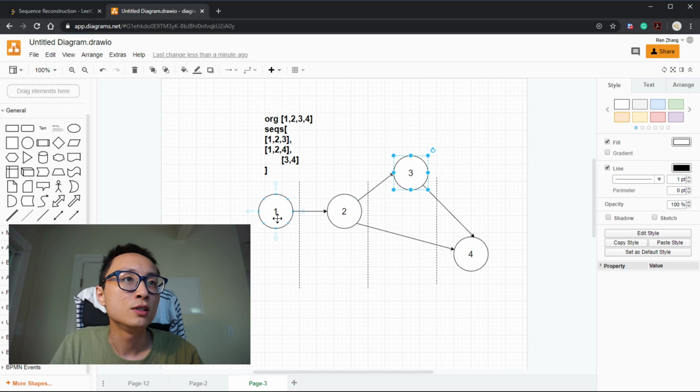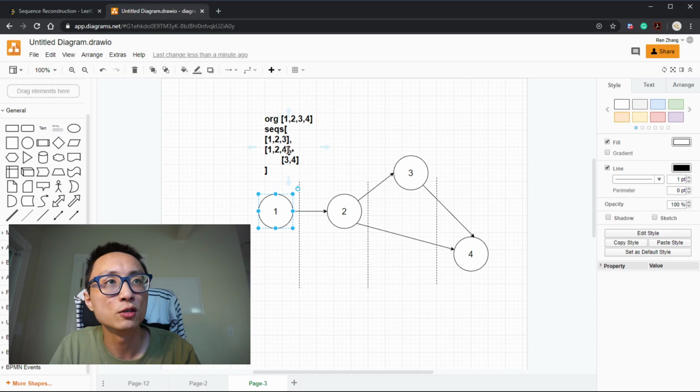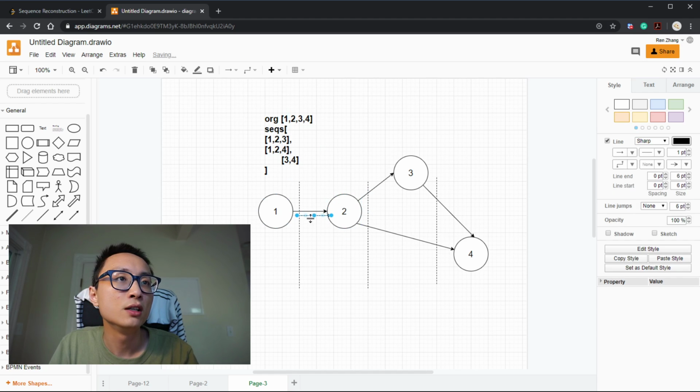So we see that node 1 has no in-degree, so it's our starting point. There is no number that comes before it based on the list of sequences. So we start from there. We drop the in-degree for node 2. It's actually parallel links, so you actually have 2 links.